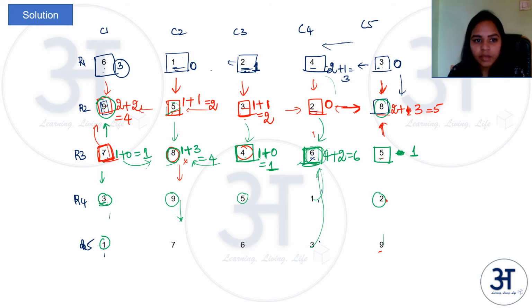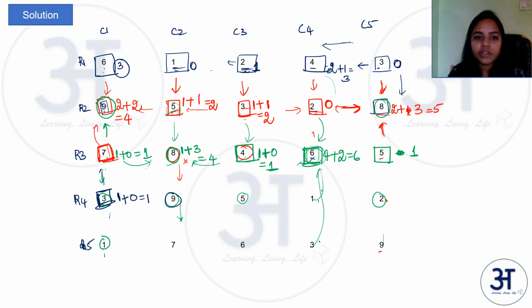Now let us come to this 3, which is row 4 column 1. So for 3 there is immediately a 7 on the above, so all above the column it is blocked. Below there is 1 which can directly reach 3. To the right side there is 9, again this blocks all the possibilities in the row, so that is 1.